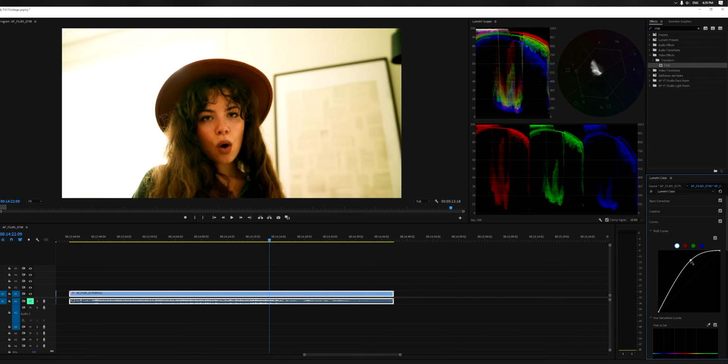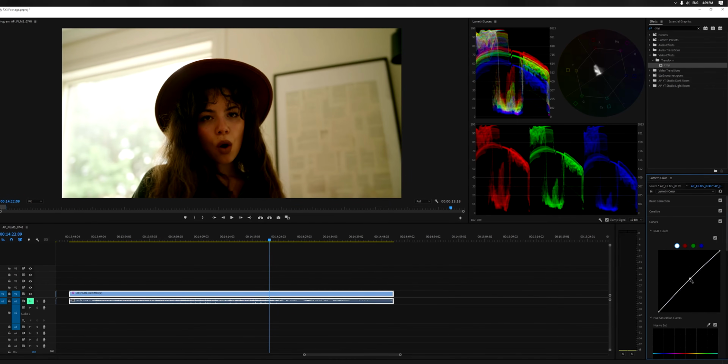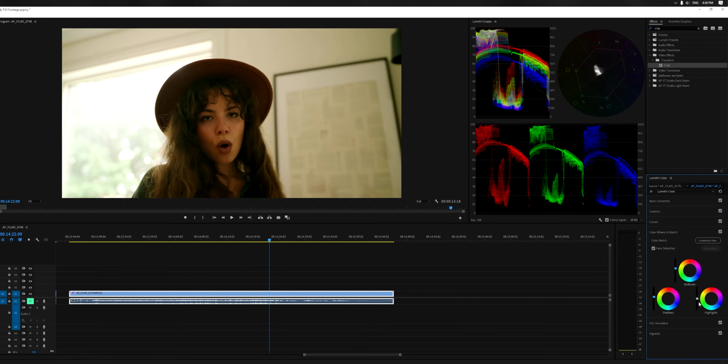So these LUTs really have been designed to work as best as possible with footage shot on the Sony FX3 or the A7SIII, and it really does work well with how those camera sensors capture the footage, especially in S-Log3. As you tend to push things a bit, if you're going a little bit dark or a little bit bright, the LUT doesn't really fall apart. A lot of LUTs do start to fall apart. You'll start to see a lot of artifacting and pixelation in different areas of your scene or shot, but with Joel's LUTs, I rarely have that problem. And it just always looks fantastic, I think, no matter what I do to my footage. And even if I do add film grain on top, that just kind of completes the look. It makes it look even better. So I really like the filmic look and quality of the LUTs that Joel has created here with this